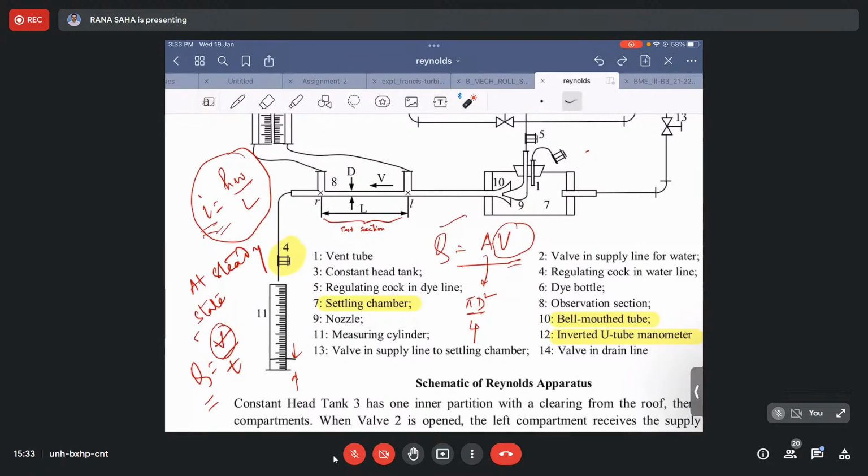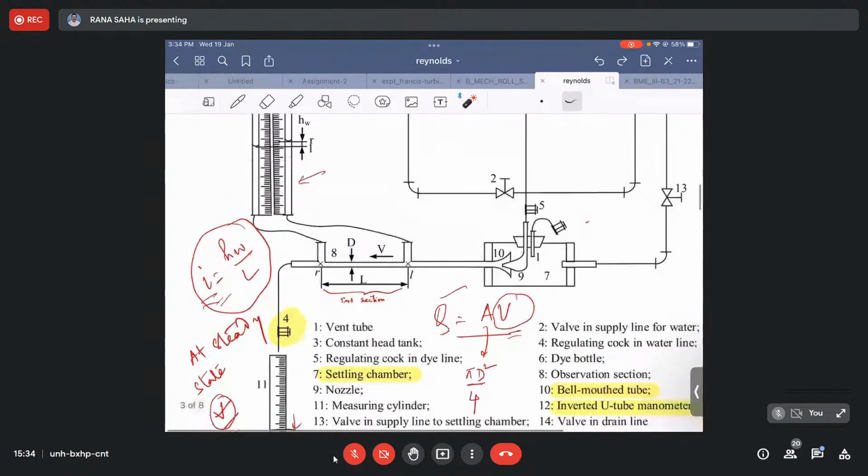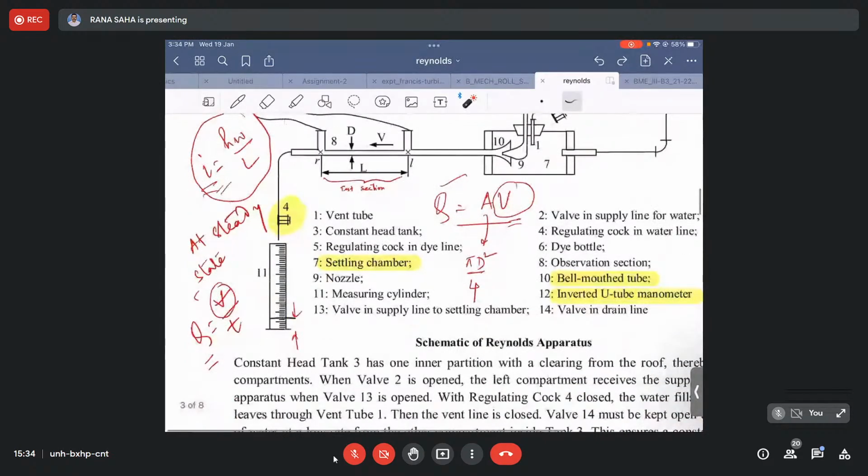So the moment you have that type of dye particle motion, the straight line in a wavy manner, again you need to hold it at that particular condition and take the readings. That means again you need to measure the volume of water collected for a time period, and the pressure difference in the manometer reading. And after that, again you need to increase this valve, and for say 2-3 readings,